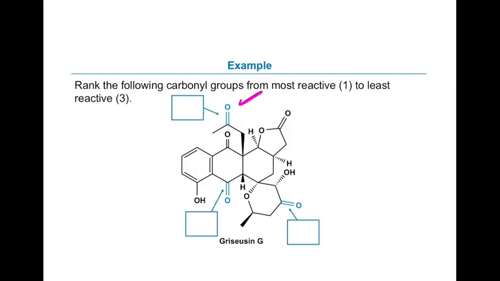Steric says this one is out and away from the molecule, right? Everything else is kind of condensed into a ring. Second one, too, down here, I've got resonance nearby this. So that's probably going to put this last one in last place. I'm going to say that that one is probably my least reactive because it's a carbonyl.